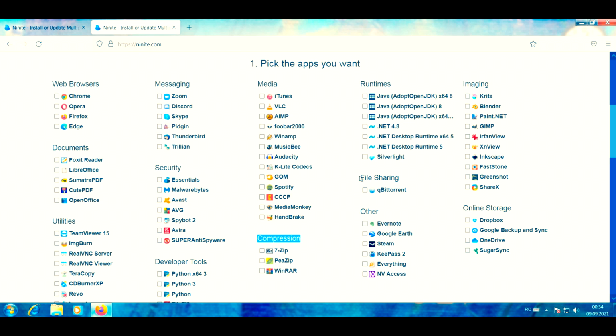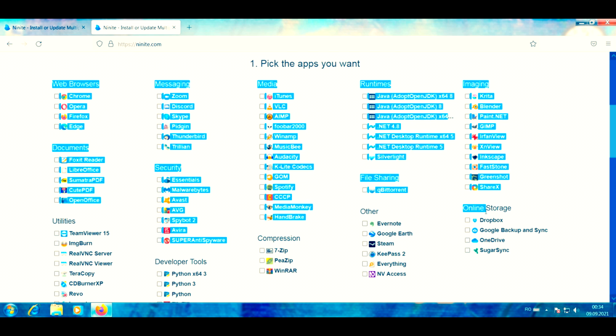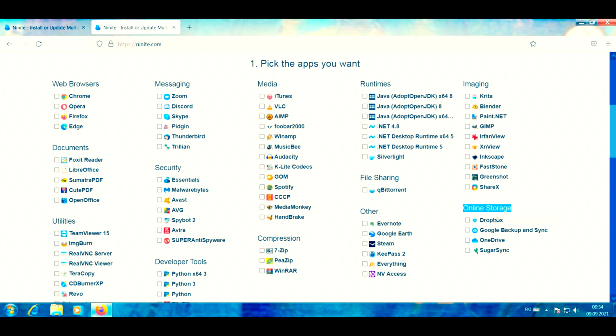After that, we have the file sharing section, where we can find programs for torrents. Then, we have the online storage category, where we can find a selection of popular programs for cloud storage services, like Dropbox. Then, we have the utilities category, in which we can find a selection of programs for diverse